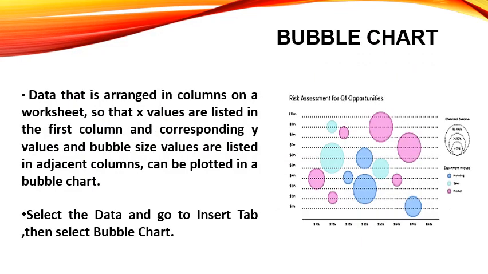Bubble chart. In bubble chart, data is arranged in the columns of a worksheet such as a way that X value are listed in the first column and corresponding the Y value and the Z value are listed in the adjacent column. It generally displays three dimensions of data in the form of disk plotted or in a circular shape. On XY graph, two of the values are represented by XY location on the disk.